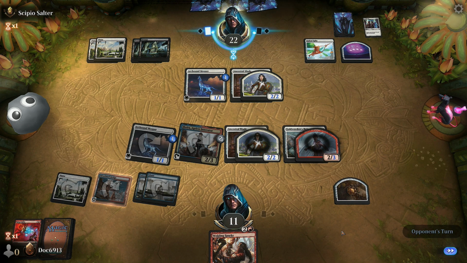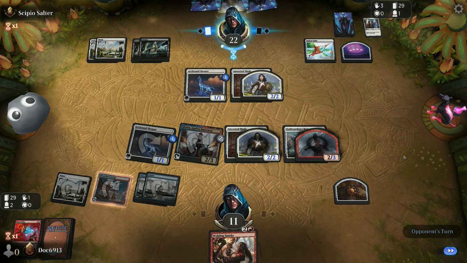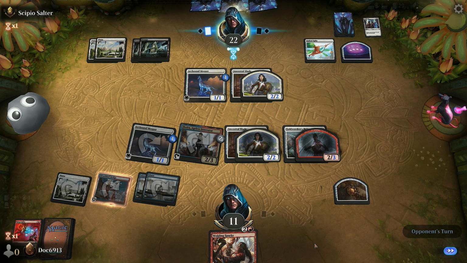I guess what I should have thought about potentially was blocking down the Arcbound just to get rid of their ability to gain life. I don't think I would have had any blocks. I was aware of this. I guess I could have double blocked, but then we would have been sacrificing our Arcbound and our Thraben Inspector, which doesn't feel great at this point, so...